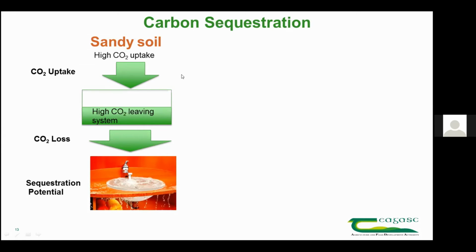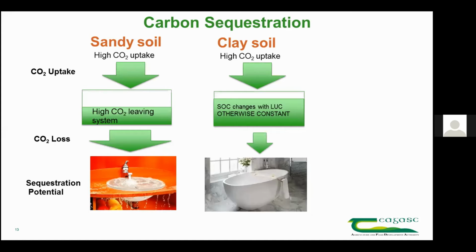And if you have a crop on that, because that crop is highly disturbed and also there's a fallow period, you have a lot of CO2 being taken up by that crop, but you also have a lot of CO2 leaving the system. So in cropland situations, we tend to see carbon in general leaving those systems. If we take a clay soil, which has a larger sink and a larger capacity to bind carbon to it,